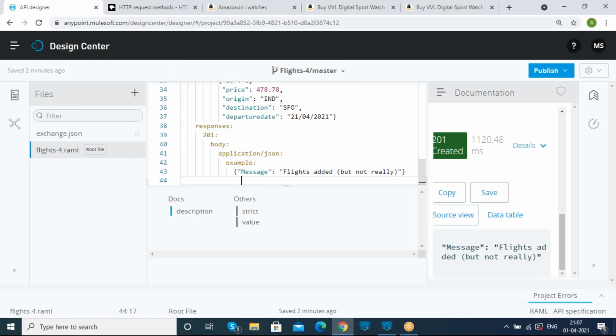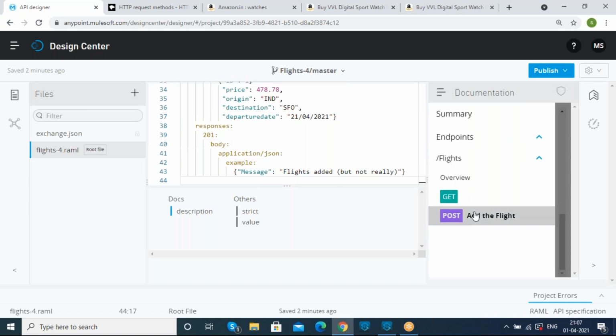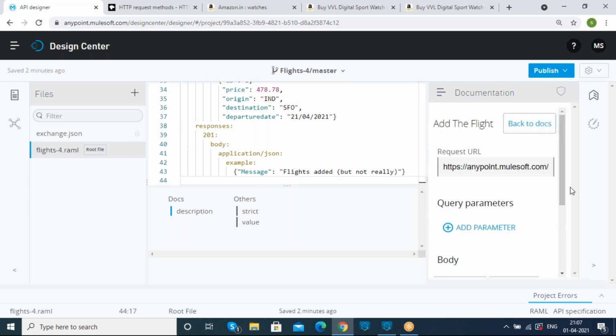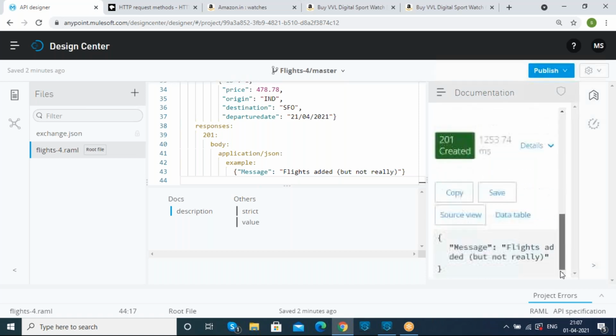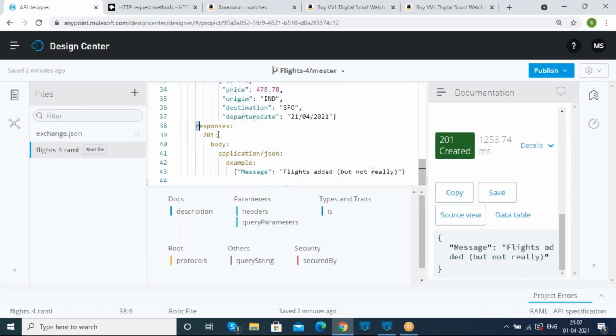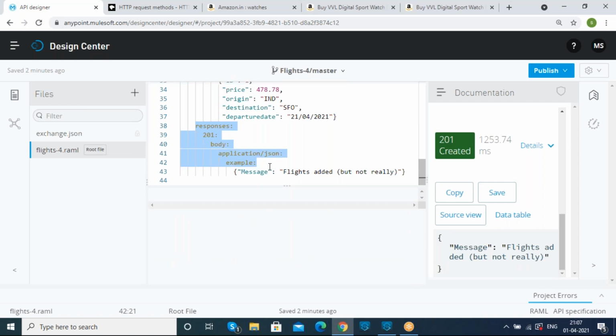Okay, so up to here, what we had done: if any user comes to add the flight option, you try it. And if you are going to book the flight ticket with this ID, when I click on the confirmation tab, I need to get the response. This we know, right? When we are sending the request, we should get the response, right? Yes. And now we had configured the responses. So up to here the request happened, and from here we are retrieving the response.